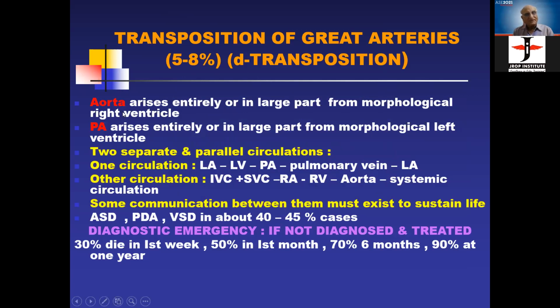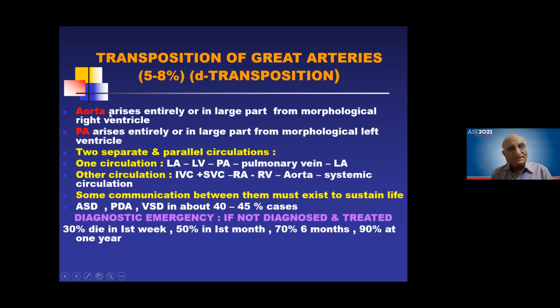So there is a ventriculo-arterial discordance. The pulmonary artery is arising from the left ventricle also. And similarly, whenever there is a left ventricle, the PA is arising from that. So what happens in this? There is a parallel circulation, what I'll tell you just now. So concordance is a normal connection. Discordance is a definite other connection.